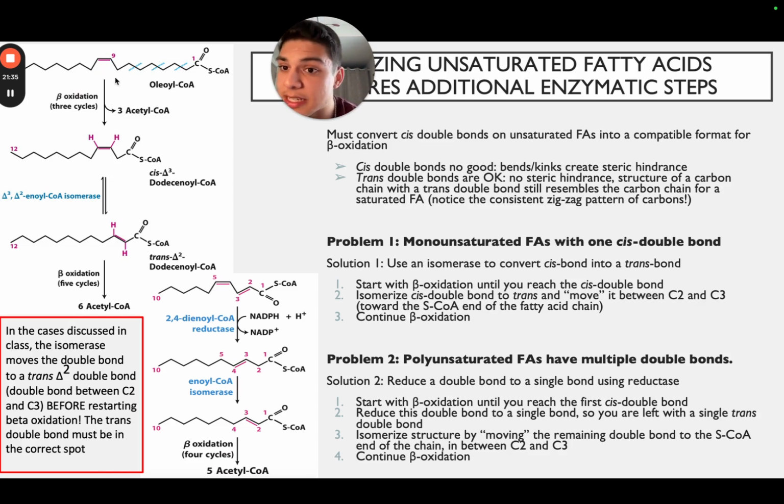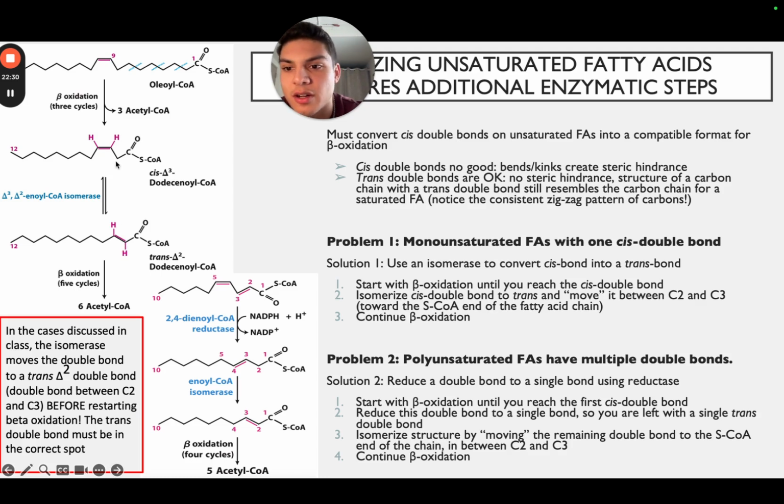And what I want to emphasize is that as we're cutting our 2 carbon units and forming our acetyl-CoAs and making this chain shorter, we're going to come across a cis double bond. Whenever we have a cis double bond, we're going to be using this enzyme called enoyl-CoA isomerase. And you don't have to worry about the deltas. Just know that it's an enoyl-CoA isomerase. This enzyme is going to convert that cis bond. And I want to emphasize that that cis bond is found between the beta and the gamma carbons here. So we have alpha, beta, gamma. And it's going to shift the double bond from beta, gamma to a trans double bond from alpha, beta,